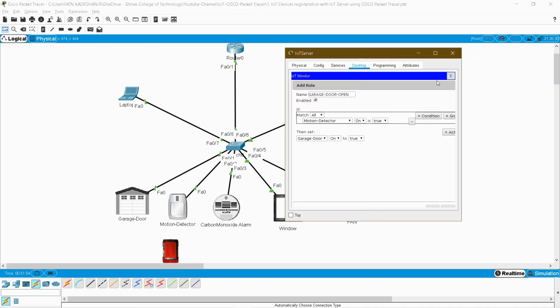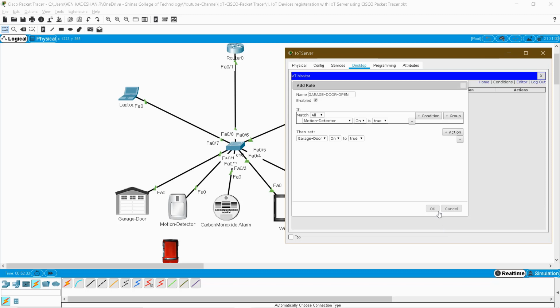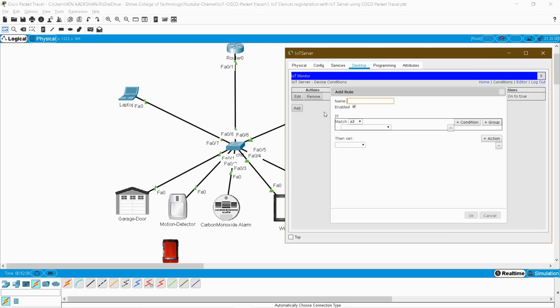So after giving this, you have to click OK, and then you have to set the closing also, garage door close. You can give any name. So if motion detector on is false, there is no motion detected, then your garage on is also false.